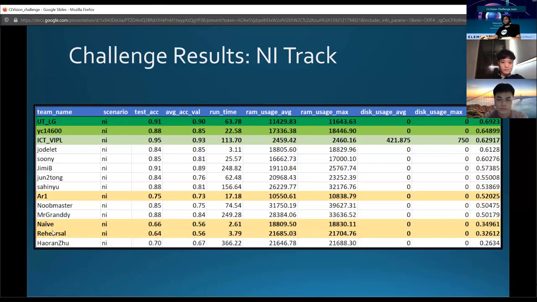So the first one is the rehearsal baseline, in which we just add 20 images for each batch or task, so that we have an external, ever-growing memory from which we can rehearse. And these are the results for the NI track. And then we have the naive baseline, that is essentially just fine-tuning the model over time with each new batch of data. And the R1 strategy that I think David introduced in his invited talk, which is another baseline that has already proved to be successful on CORe50.